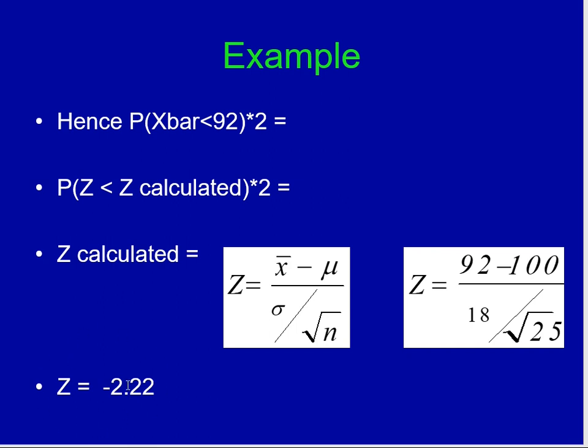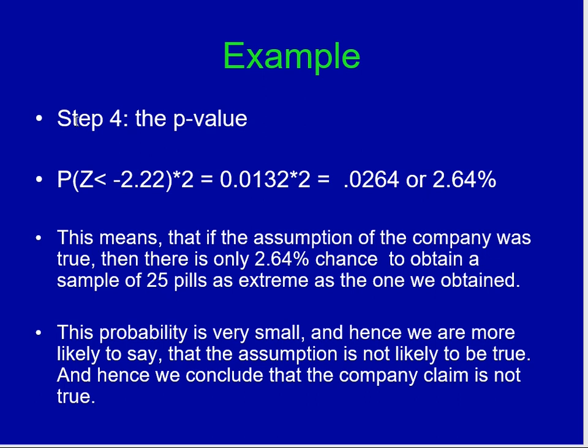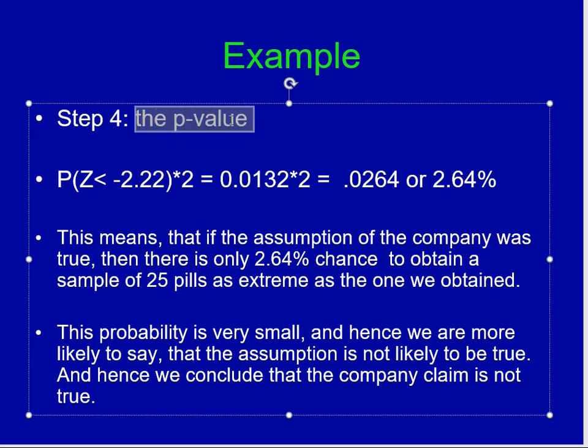Now, to get that is step number 3. I got my test. Now I want to move to step number 4. In step number 4, you're going to use that Z to calculate the probability, which is the p-value. Okay? Remember, the p-value is as extreme as. And therefore, since your Z is negative, you're going to take the probability of Z less than that negative value, because remember, you have to go down. So I'm going to go up 2 slides now just to remind you of the distribution, and I'll be back